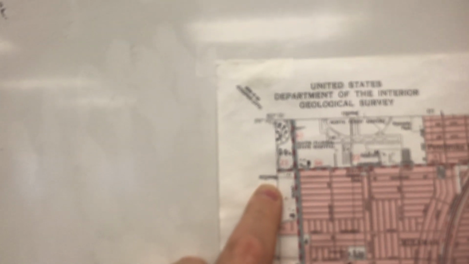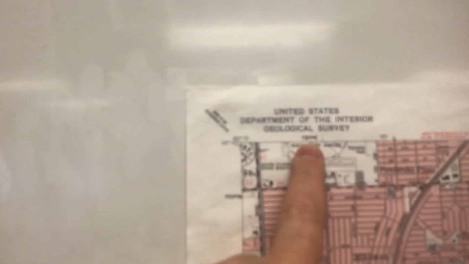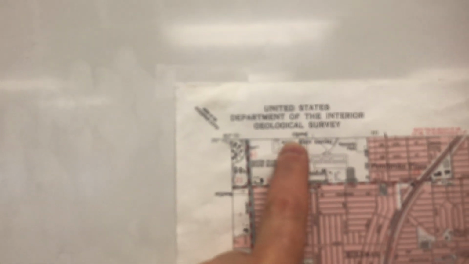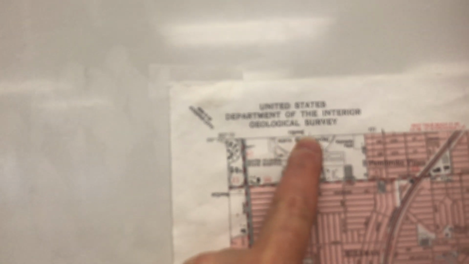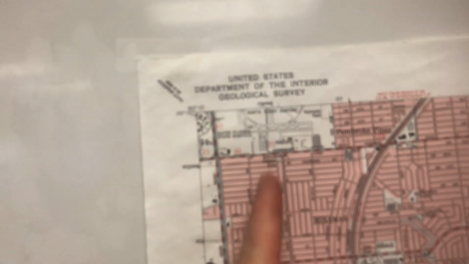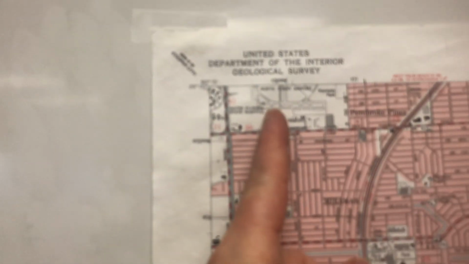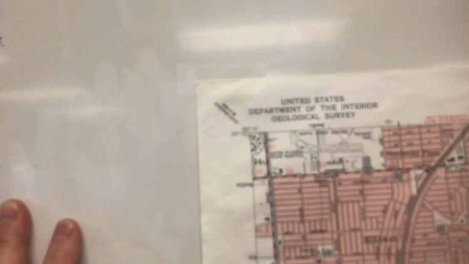And here is the Easting, 576,000 meters east. So this vertical line here is 576,000 meters east. Now, one of the many confusing things about this,